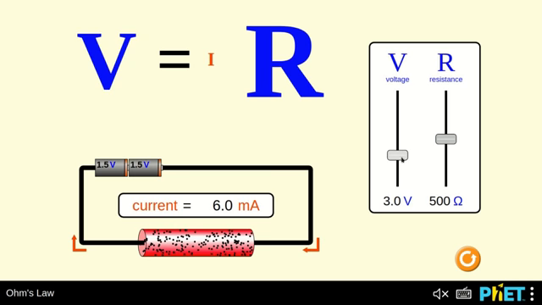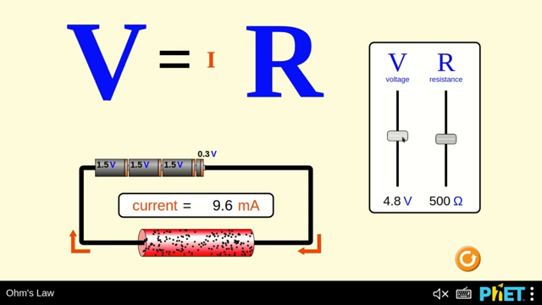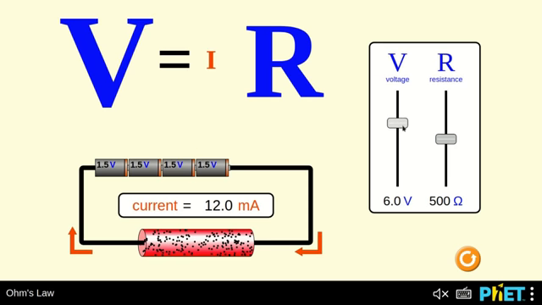He repeated the experiment with another cell and then another cell. Every time he found the ammeter reading and noted it down in a tabular column. From his findings, he found that the potential difference and current were directly proportional. That is, as the potential difference increased, as the number of cells connected in the circuit increased, the current also increased accordingly. And every time, the potential difference divided by the current remained a constant value.